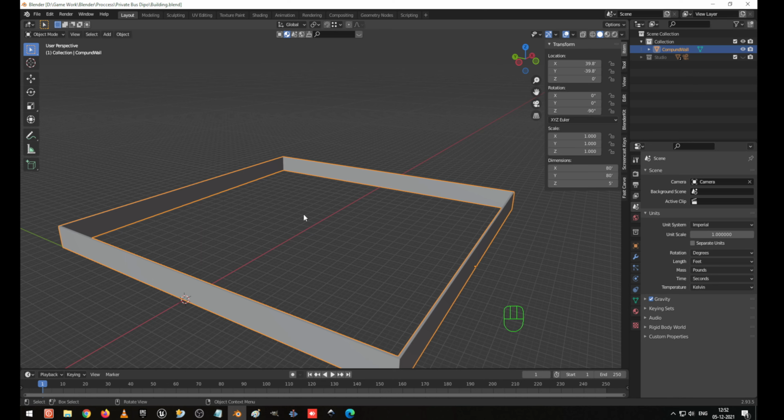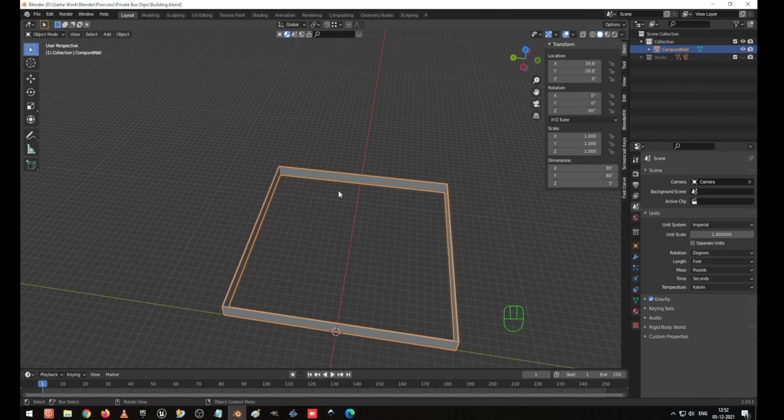So how we are going to design is, here we are going to create one set separately, giving a gap between the walls, and here we are going to make one restroom, and here is the office. So this is the way we are going to model a bus depot.